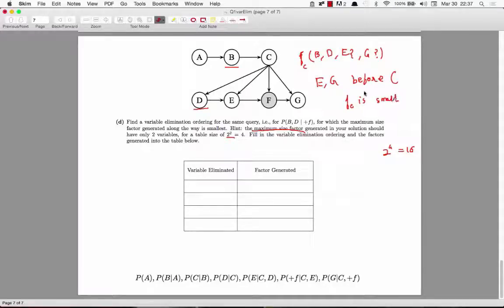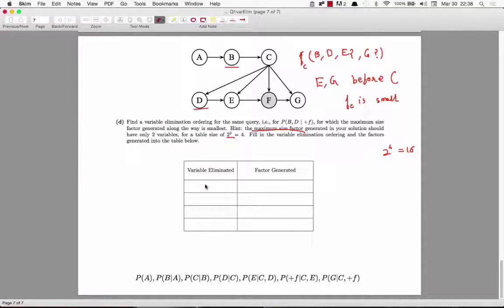That's basically the only thing that this question asks you to figure out, which is that this variable c is kind of the bottleneck, and this is what would result in the largest factor. And if you eliminate e and g before eliminating this, then the factor that you get by eliminating c would be small. So basically, as long as you eliminate e and g before c, things will work out. Just as a possible way of how we do this,